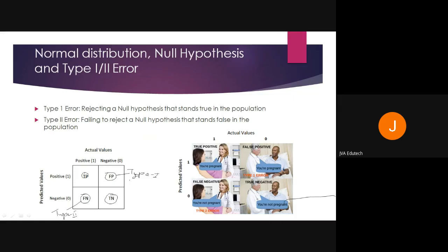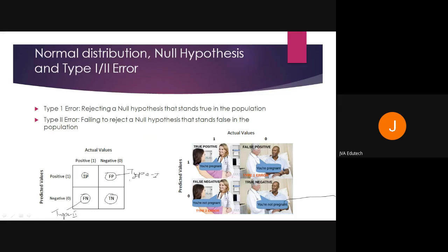Okay. Then false negative, that is type 2 error, is the woman is pregnant but you are failing to detect that she is pregnant, means failing to reject a null hypothesis. So here your null hypothesis was that female cannot be pregnant and you are failing to reject this. You are saying yes, female cannot be pregnant. You are doing type 2 error.